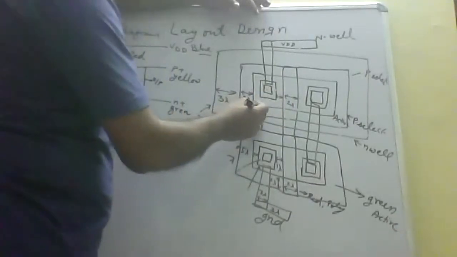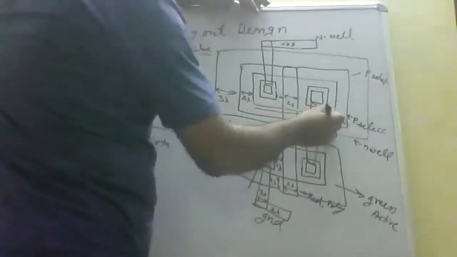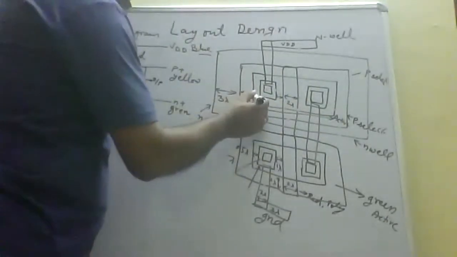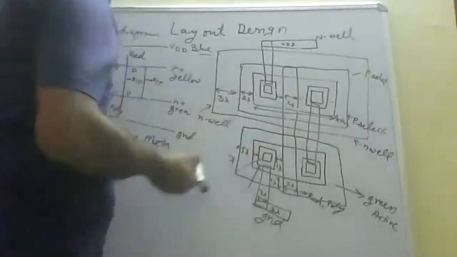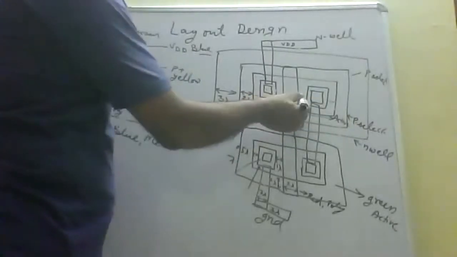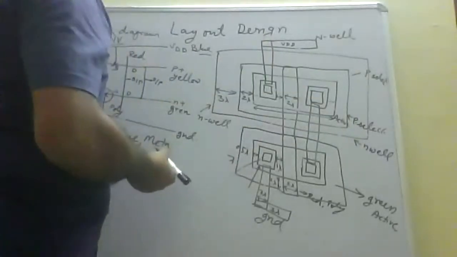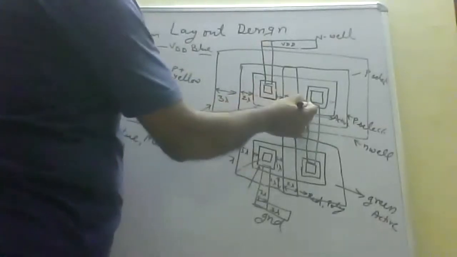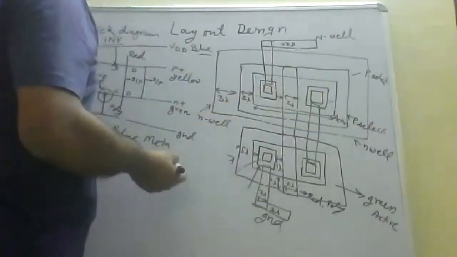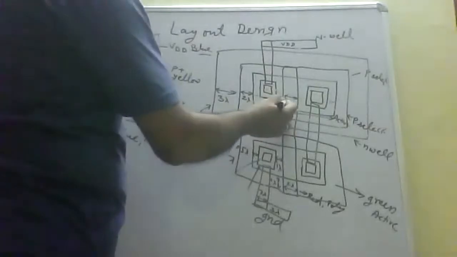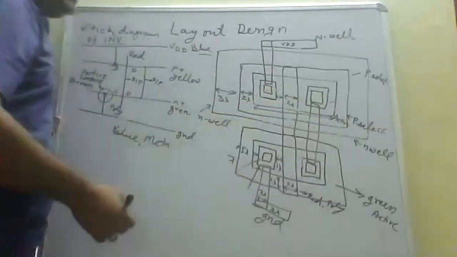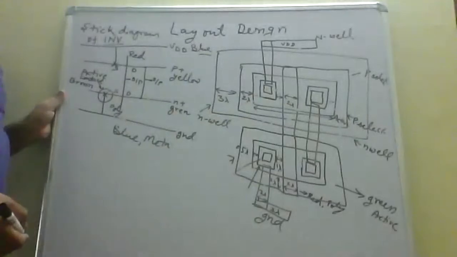So can we guess what is the active length? Active length will be, this is 0.5, this is 0.5, so 1 plus 1 here plus 1 here. So this will be 3. And then there will be a 4 here and 4 here. So 8 plus 3, 11 plus 2. So it is 13 lambda. So active is of 13 lambda.